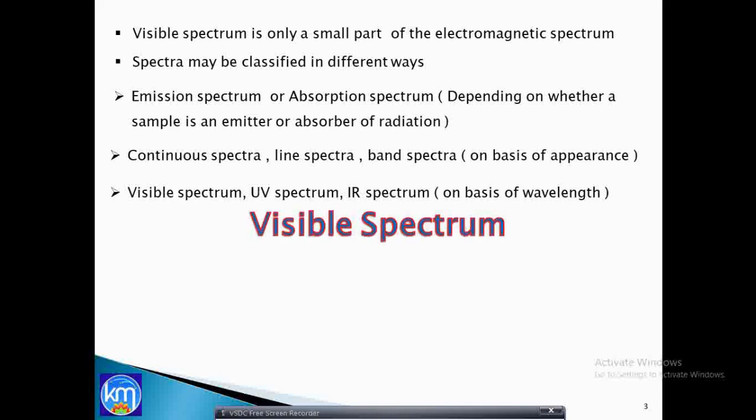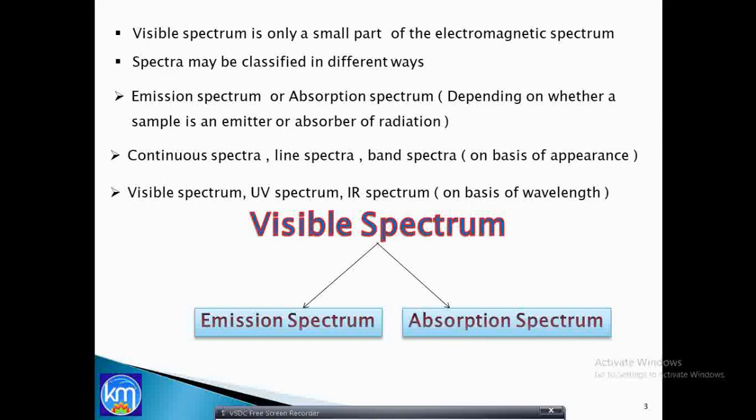Now, as I said, visible spectrum is mainly classified into two types. One is your emission spectrum and the other is the absorption spectrum. Depending upon whether the source is an emitter of light, a self-luminous object, that will be called an emission spectrum. If it is an absorber of light, then that will be called absorption spectrum. So moving on further,